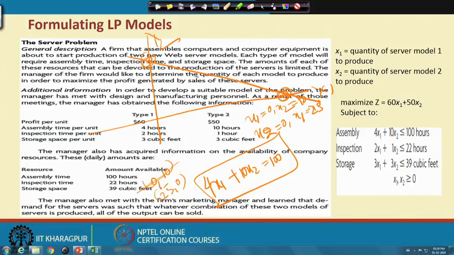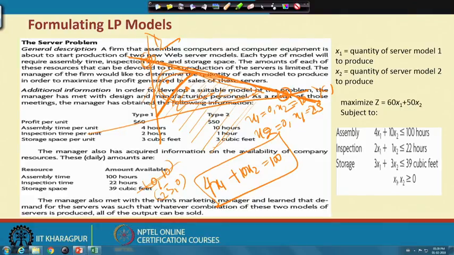Since it is a less than type, by default the resource allocation will be only on the left hand side. The right hand side will not be possible, because that is the maximum availability of resources. So, we may be here, here, or here. This line will give you the upper limit, and then we have a lot of interesting area here, and the solution will be within this particular area, maybe up here, maybe here, depending upon